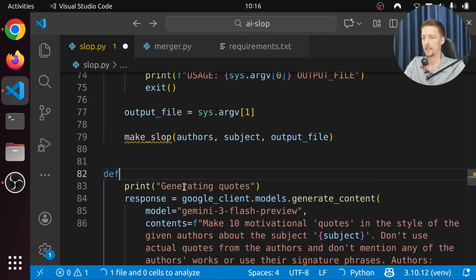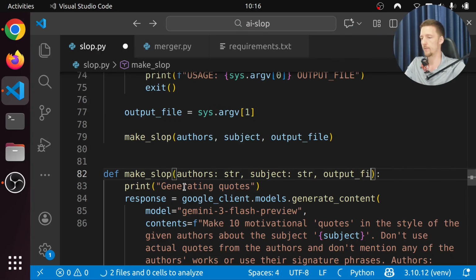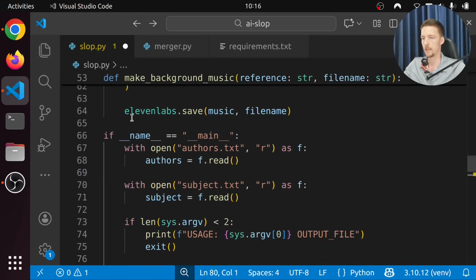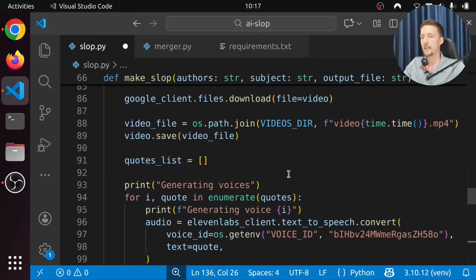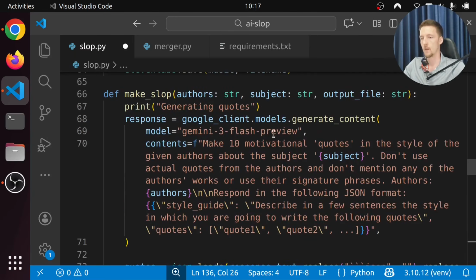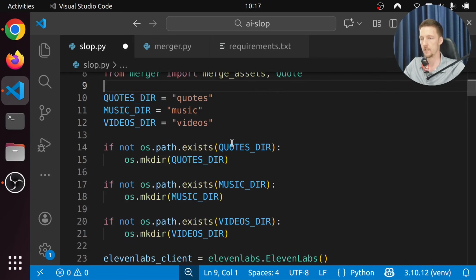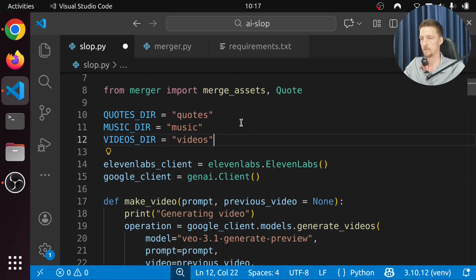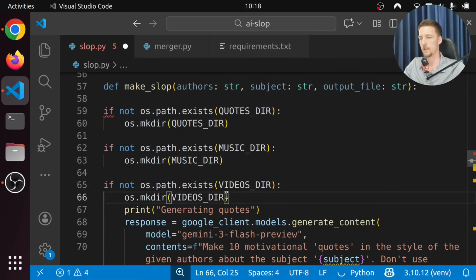And then we can make this a function, make slop with authors, which is a string, and subject, which is a string, and output file, which is a string. And let's move the main all the way down here. And then in make slop, let's move the creation of the directories in there. Let's copy these and let's put them in here.